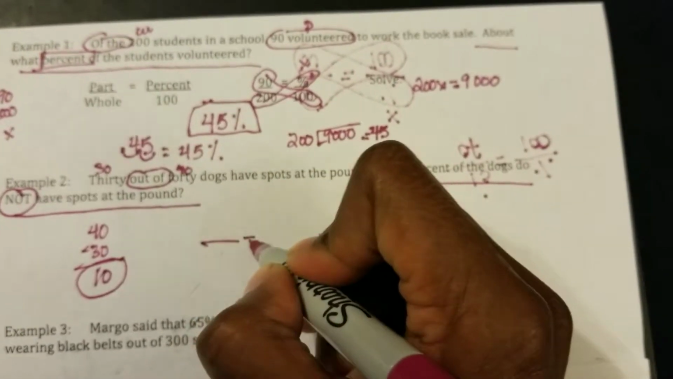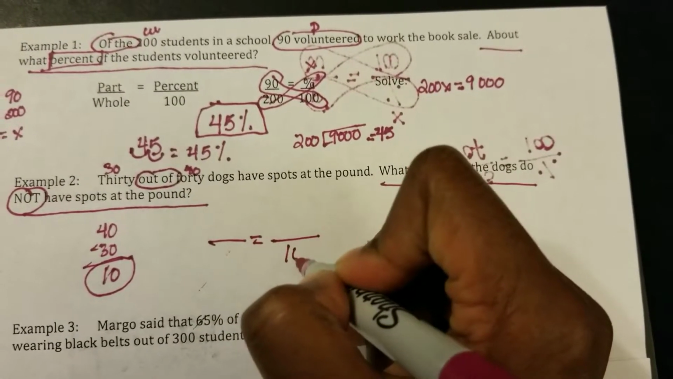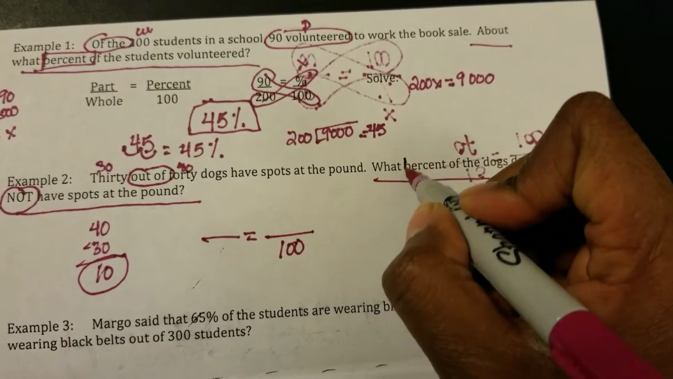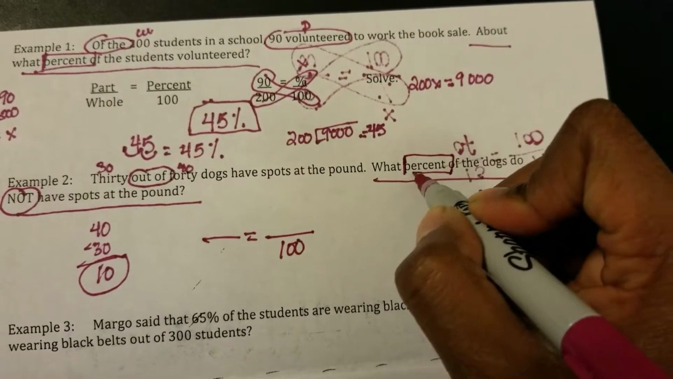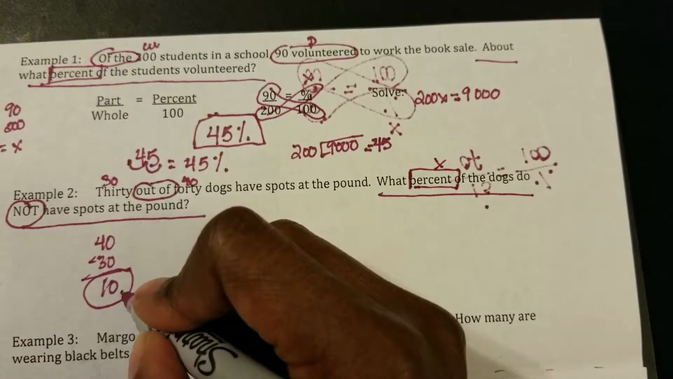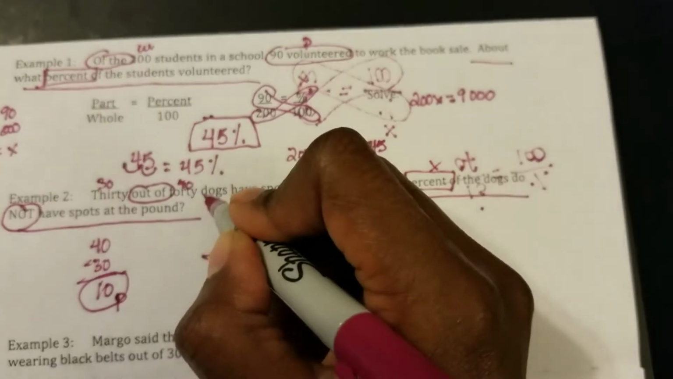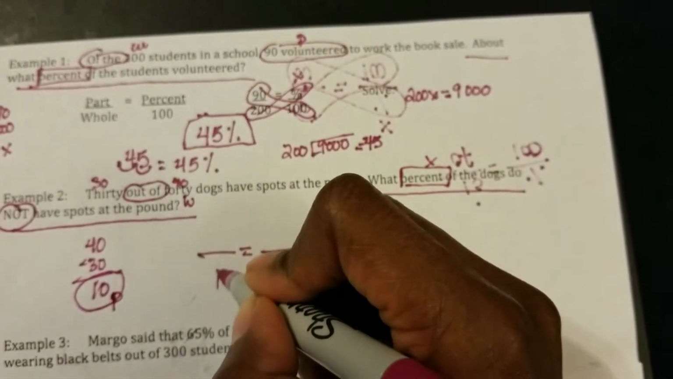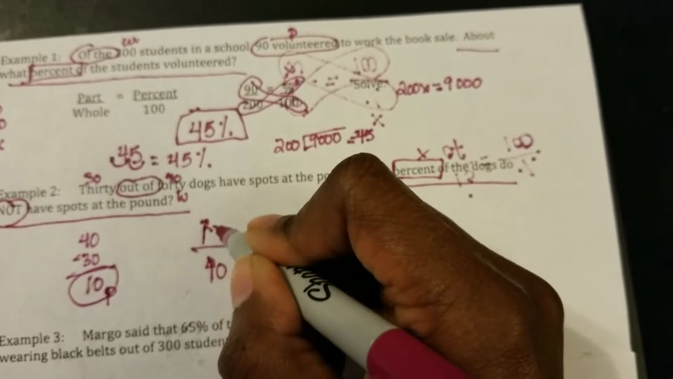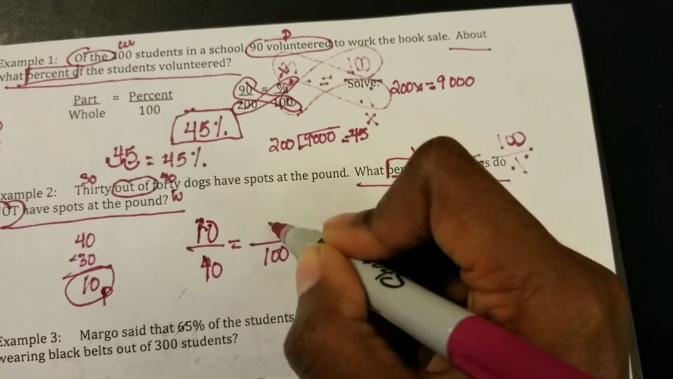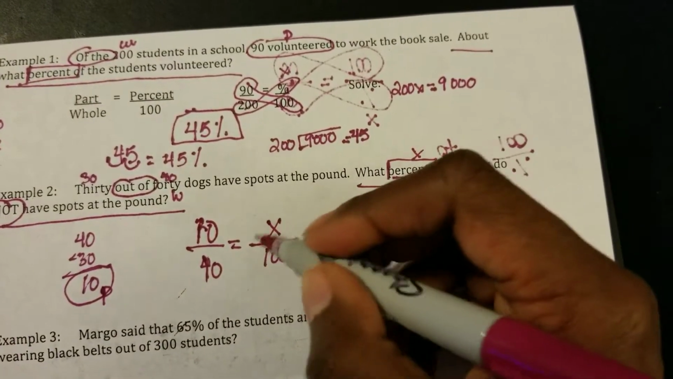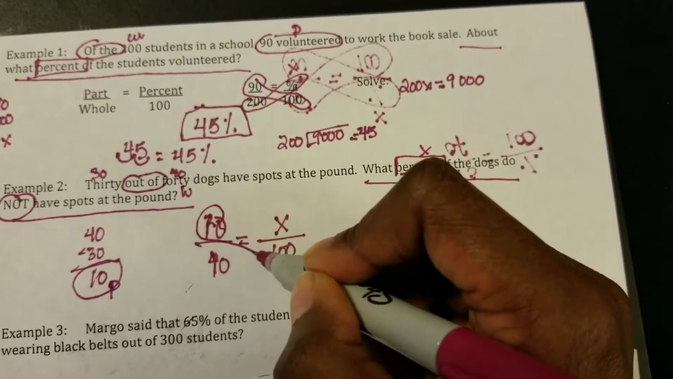Okay, so when we set this up, remember, we always go ahead and put our 100 there. All right, do we know our percent? No, we do not know our percent. So that's what's missing. So the 10 is going to end up being my part, and my 40 is my whole. Okay, and I don't know this part. Okay, so now when I cross multiply